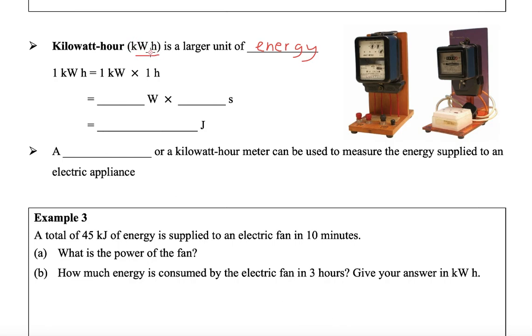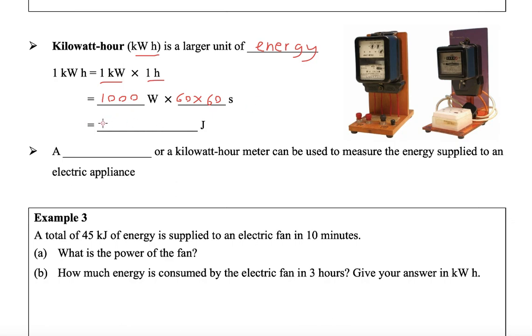Hour is a unit for time. So try to get this concept into your mind, which means that 1 kilowatt times 1 hour, which is first 1 kilowatt is 1000 watts, done, and then 1 hour is 60 minutes times 60 seconds, so 1 hour is 3600 seconds,